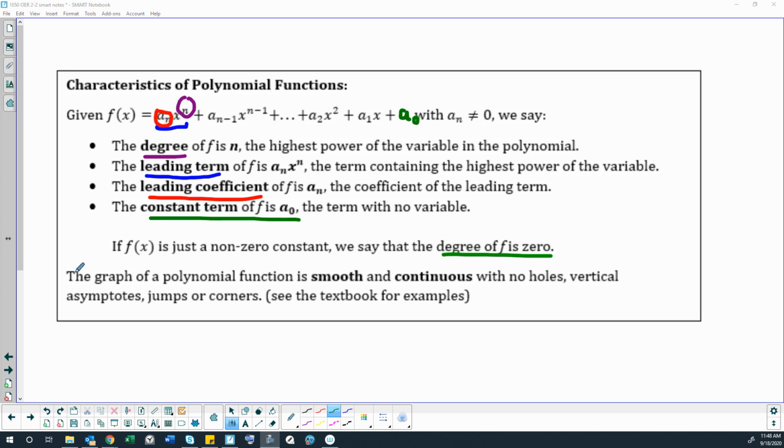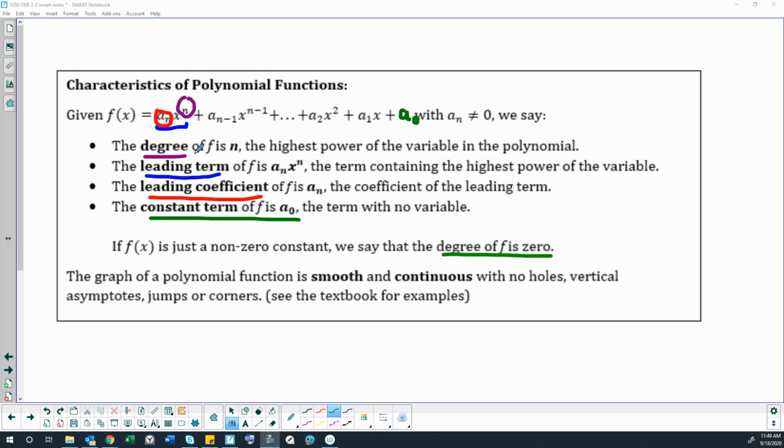All right, characteristics of polynomial functions. First, we've got a typo in this one as well, that the plus 0 at the end should be plus a sub 0, so that's right here where I rewrote it in green. This is just giving us a list of our vocabulary words for this section, and they're very important vocabulary words